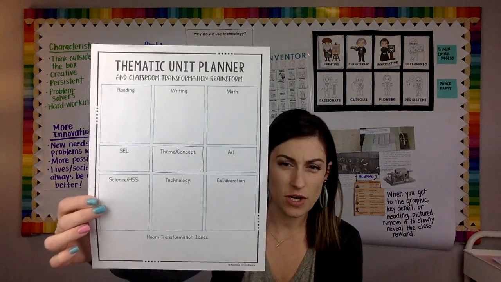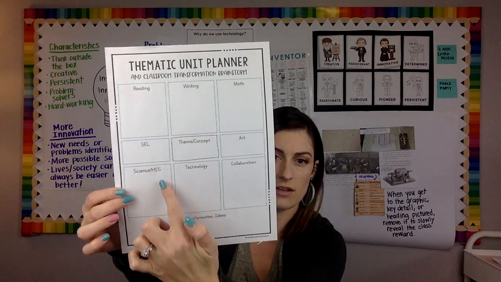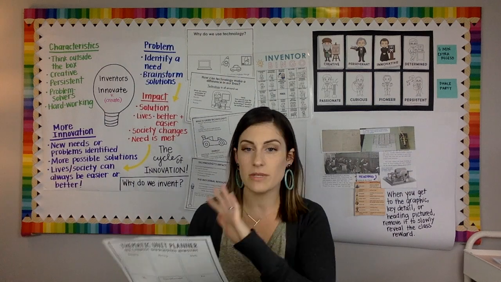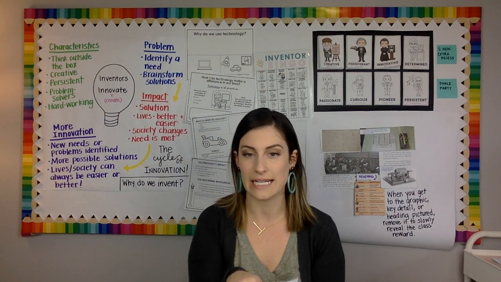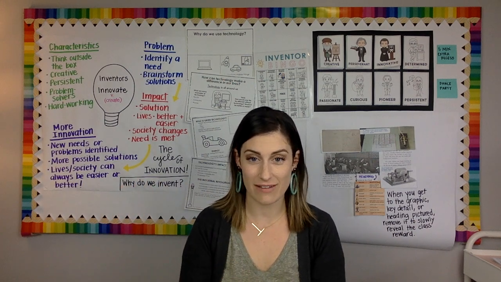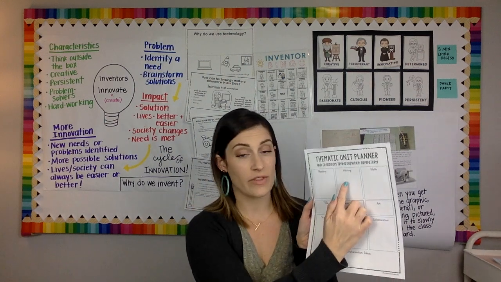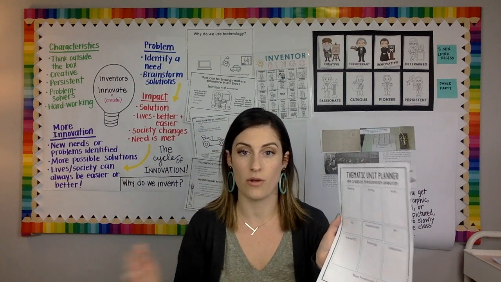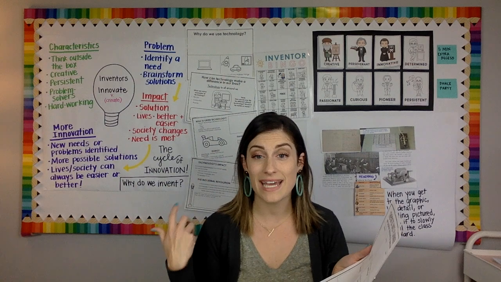And in the middle, you start with your theme or your concept, and then you visit all of the different domains and fill out as much as you can. Doesn't mean you need to do all of that, but jot down how am I going to connect this to reading. I mean, this is an ELA unit, so that's already a given, but maybe you want to bring in some additional read alouds, maybe come up with a writing prompt that can be carried out throughout all 3 or 4 weeks of your unit where you're going through the writing process,